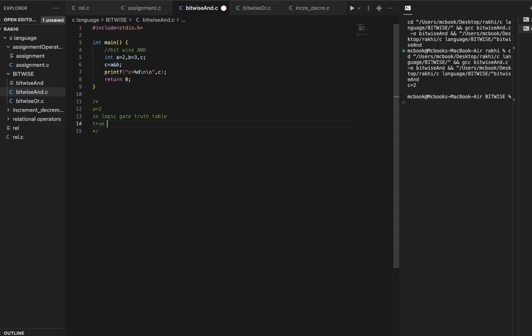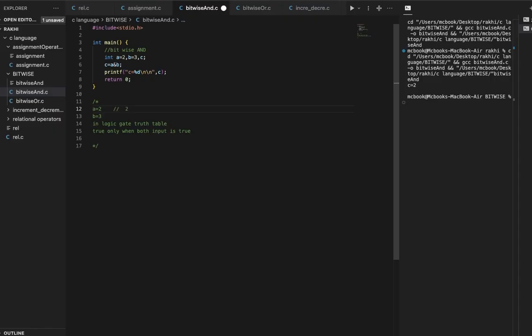So you can see that, initialize values a and b.